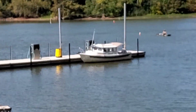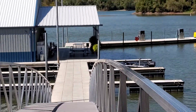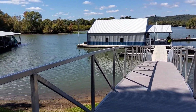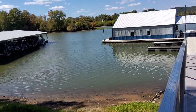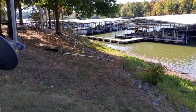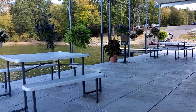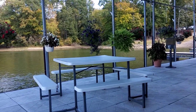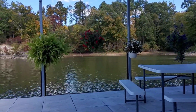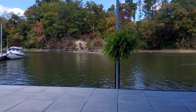Here's a little place where I decided to stop off, and I stayed here overnight. This is Cuba Marina, and here's where I tied up. I just came in and tied up right by the fuel dock, and it was Sunday, and they were closed on Sunday. So I couldn't pick up fuel. I decided, well, I could just stay tied up to the dock here. If they say something, I guess I could pay them for staying overnight. But in the morning at 8 o'clock when they open up, I'll be able to pick up my fuel and move on. So I just kind of walked around for a little while, recorded a couple of things of